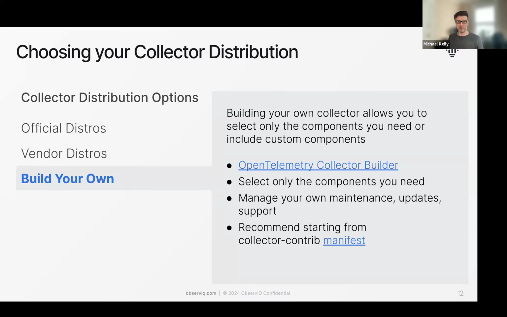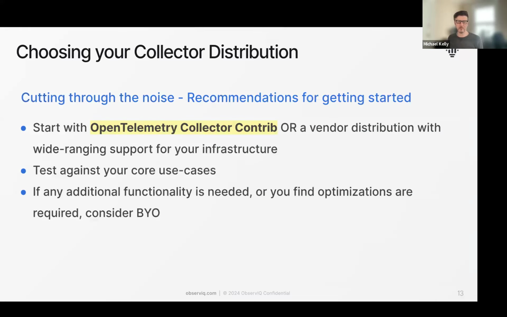And particularly because I think there is so much to OpenTelemetry, and so frequently people say, well, these are your dozen options. We do like to try and give recommendations. So if we look at collector distributions, for most people, we think a great place to start is with the OpenTelemetry Collector Contrib, or with a vendor distribution that has a wide range of support for your infrastructure. I say the BindPlane agent matches that case as well. But using a collector like that has a wide range, has good options for deployment, is a great place to start. You start there, you can test it against all of your core use cases, deploy it in POC environments or early environments,